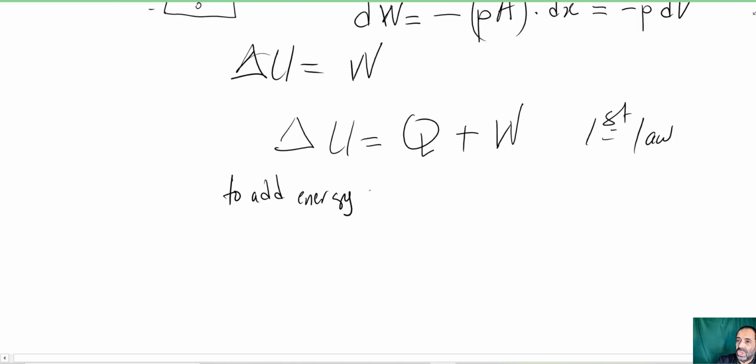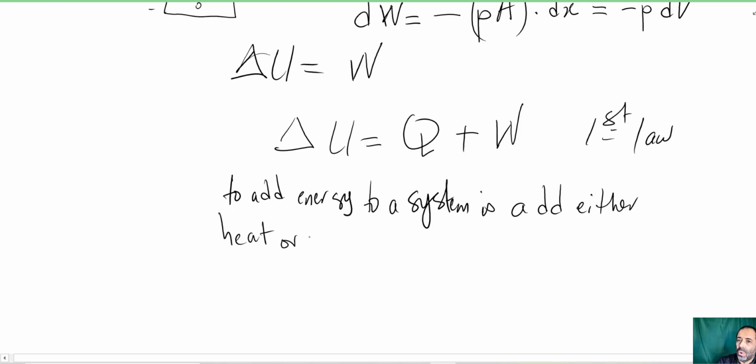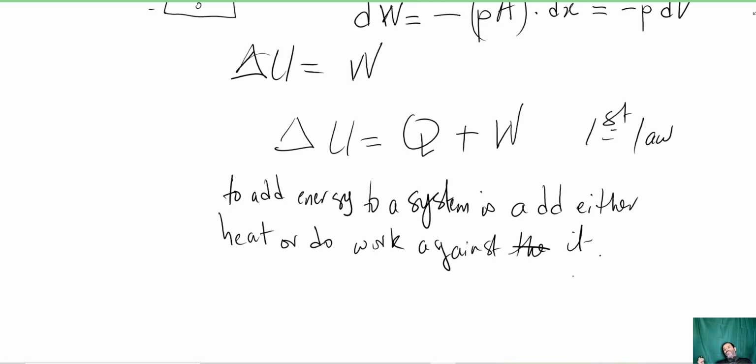So in order to add energy to a system, one way of doing it is to add either heat or do work against it. Okay? Now, if you're saying, for example, oh, I added the two numbers and the sum was negative, well,